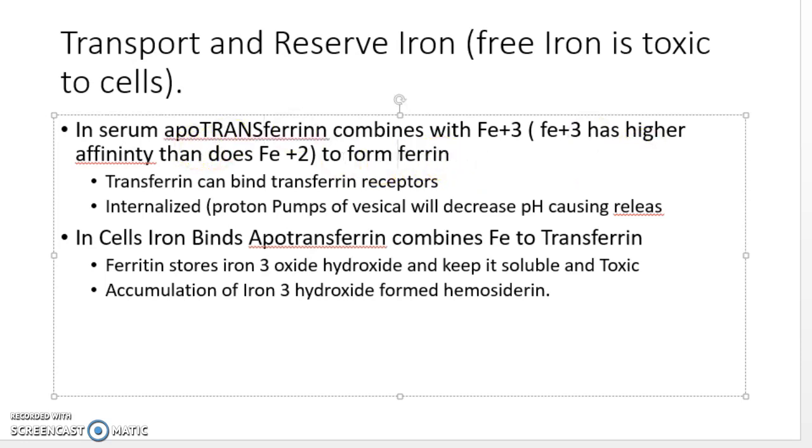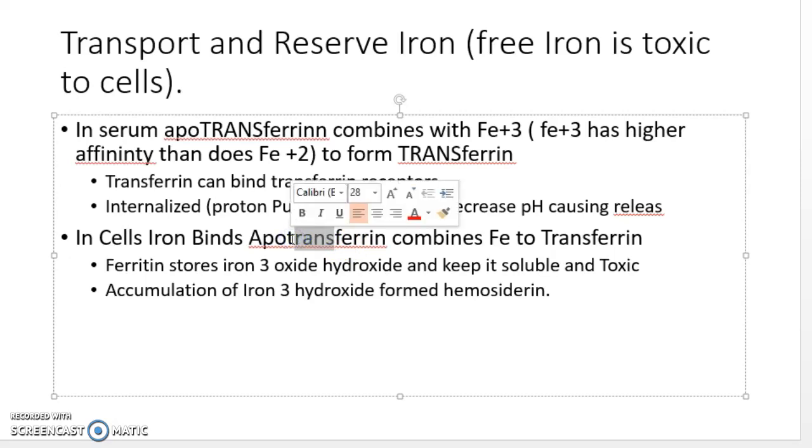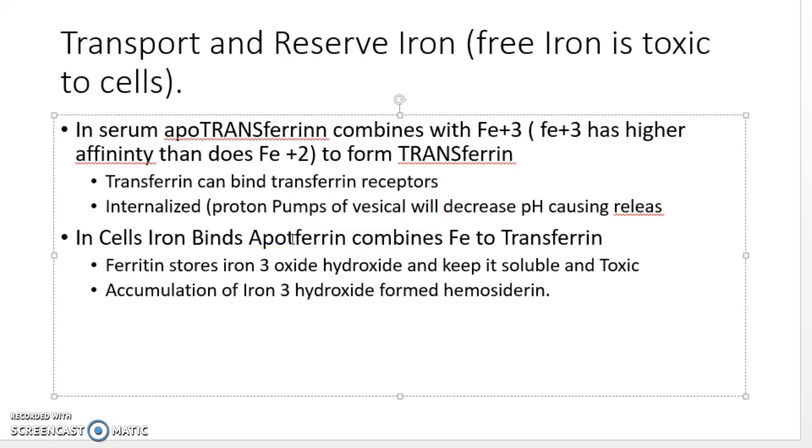The second method of transportation is going to be ferritin. There's no trans over here. This is one of the key things I want you guys to look out for. In the cells, the apoferritin combines with the iron and becomes ferritin. Ferritin will bind to its receptors, and the iron is stored as iron 3 hydroxide, iron 3 oxide hydroxide,